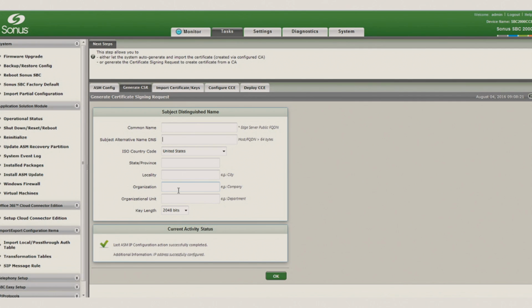There's also an easy interface for you to generate the certificate you need for your device. Enter your fully qualified domain name, any SANs you need, and the rest of the parameters required for buying the certificate.